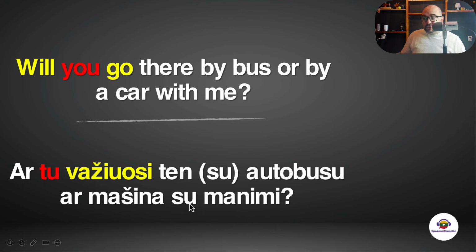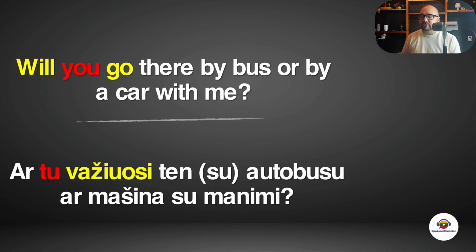I'm not saying ar mašina, because I want to separate these two; it's the same case, instrumental, over here, mašina and manimi. And mašina, manimi would sound like I'm the machine that you will be driving with, right? Therefore, I'm separating it, and in this case, I have to use su, so that the one I'm talking to would know that I'm not the machine that you will be driving in. It's just that I will be the one driving the machine, and you will be driving in the machine, with a car, with me, right?